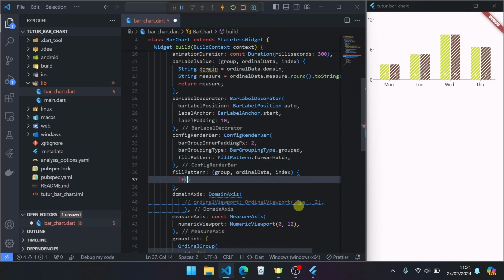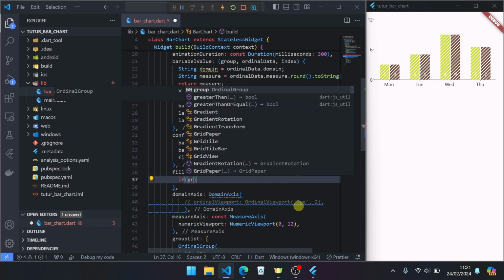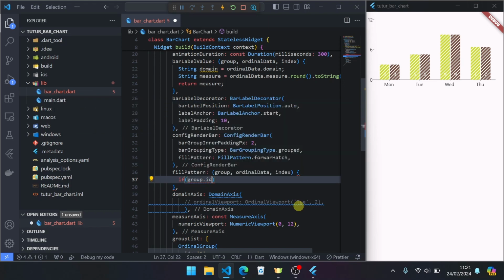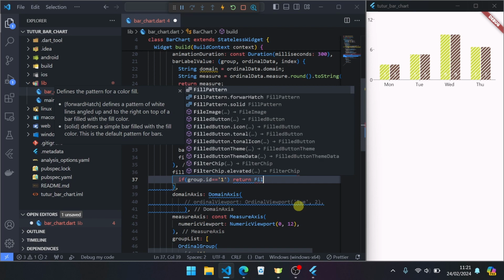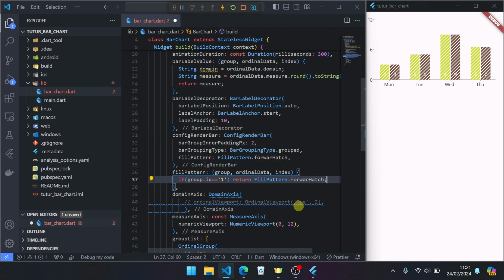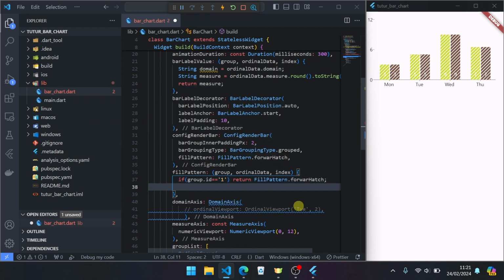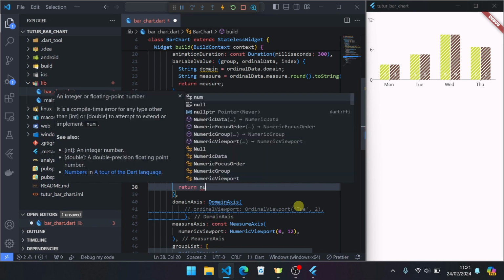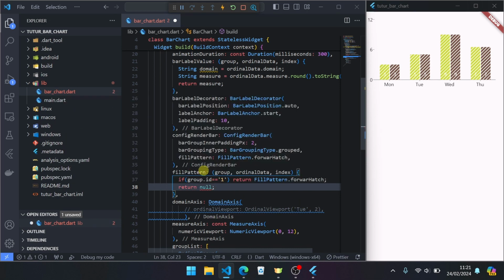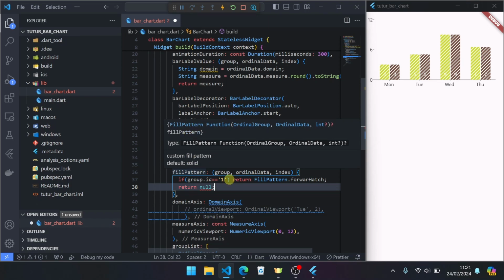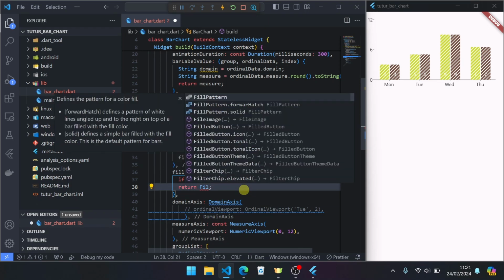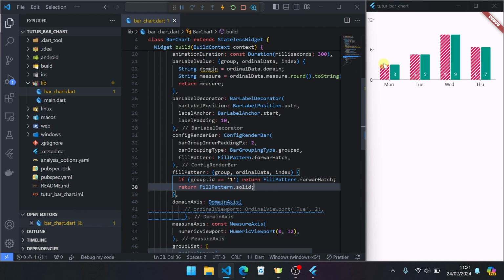You can check if group ID is 1, return fill pattern forward hatch. If not, default return null. Oh sorry, here fill pattern does not support null, so we can set fill pattern solid. Save. Now we can check that forward hatch is per grouping.